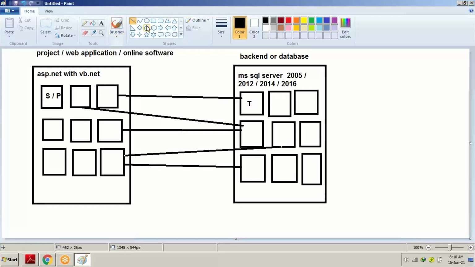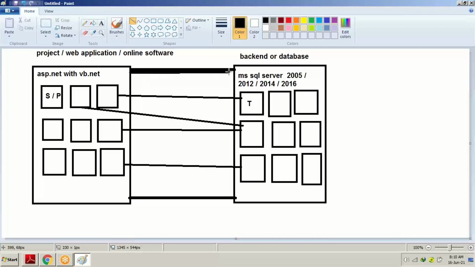But before that, we have to connect our front end with the back end through code. Until and unless you connect your project with your database, the internal connection of pages and tables won't take place.